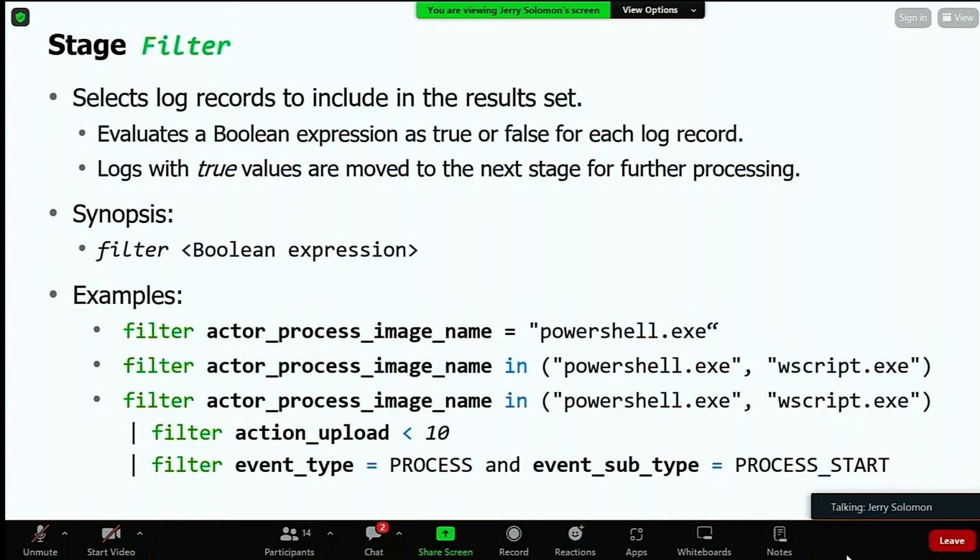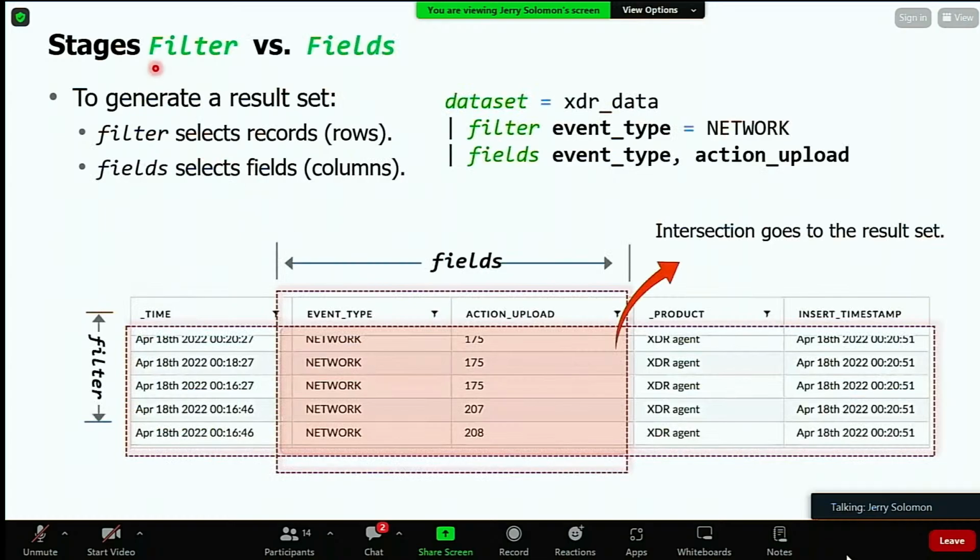So let's try and put that in perspective. The two ways you really narrow down on what you're trying to find when you do a query is by using a filter stage or some filter stages and the field stage. So again, think of it this way. With the filter, I have many different event types: network, registry, file, process. If I would like to only include in the result set the event types of network, not all the others,